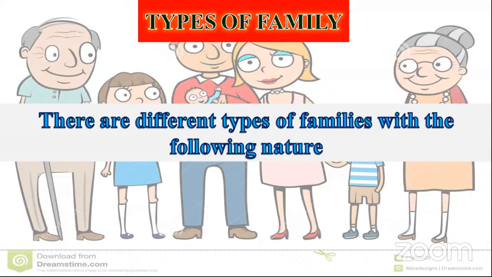In the nuclear family only parents and their unmarried children live together, and in the joint family all grandparents, parents,